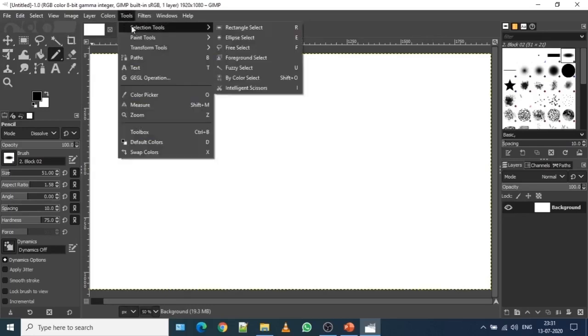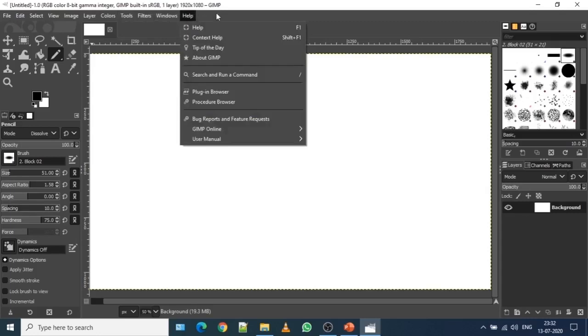What are selection tools? Selection tools are used to select the required area or the layer of the image to perform a basic task in a different manner. They also allow you to work with the selected region in an image or layer without affecting the unselected region. Now how do we do that?